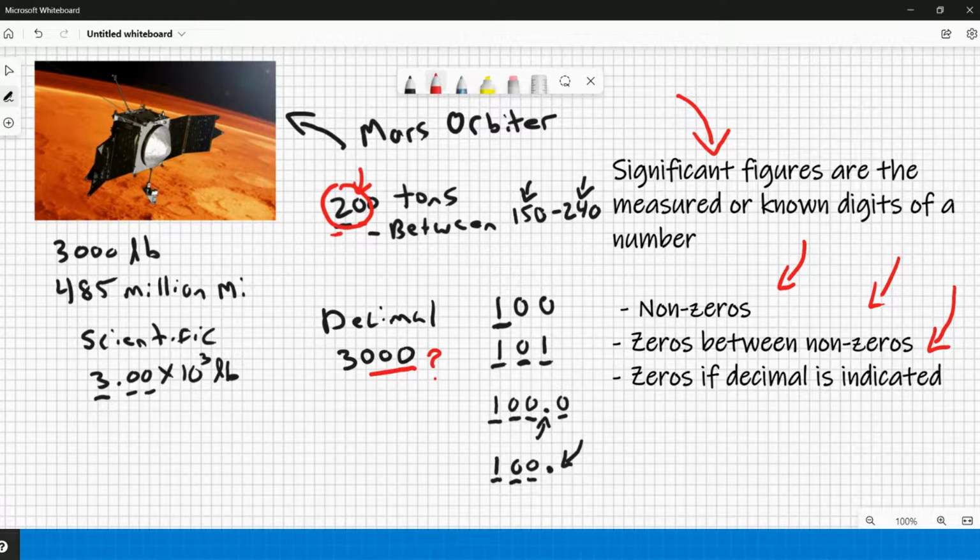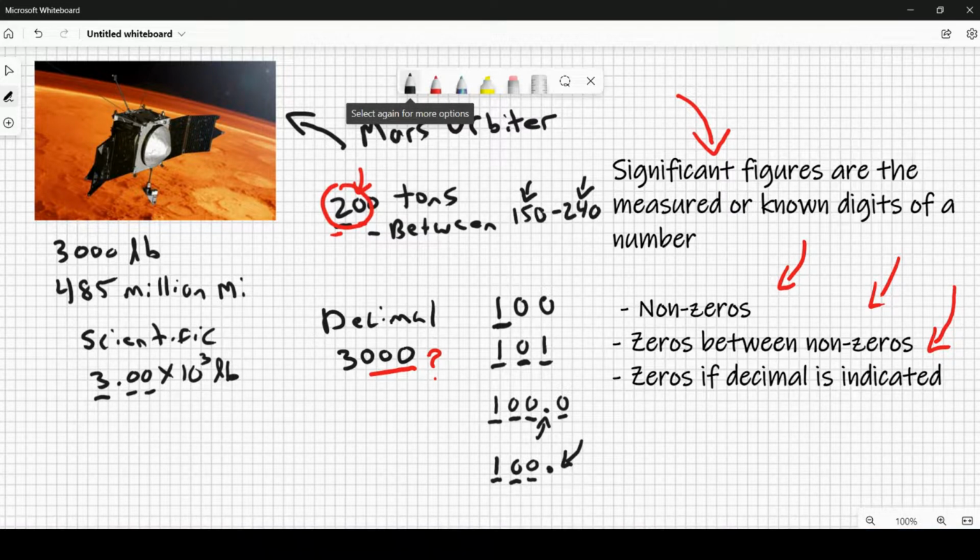Now, this means that we need to be careful to include all of the significant figures when we're writing values in scientific notation in order to communicate those values accurately. For example, imagine that I know the exact distance that the Mars orbiter is going to travel over its lifetime down to the single mile. It would kind of be a coincidence for it to travel exactly 485 million miles, but let's just go with it for the sake of this exercise. To express the distance of exactly 485 million miles down to the single mile, we would write this as 485 followed by 6 zeros,